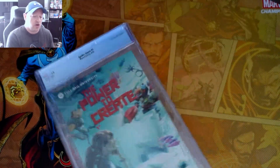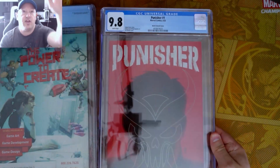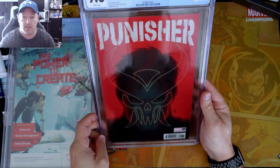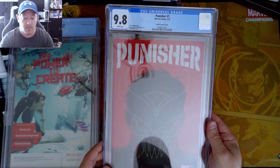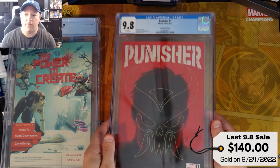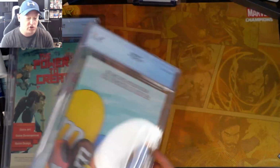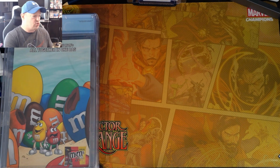Here is a newer one. This is Punisher. See if you can see that like this. I'm going to try and adjust this a little bit for you. Apologize. There we go. Punisher #1. This is the 1 in 50 Jen Bartel variant cover. And I apologize about the glare right now, but this is a beautiful one. Let me see if I can do something to correct that. All right, hopefully this corrects the glare a little bit. I can't really do much right now, so I apologize, but this is, again, the 1 in 50 Jen Bartel new Punisher series. Nice to get a hit on that one. Next one up,